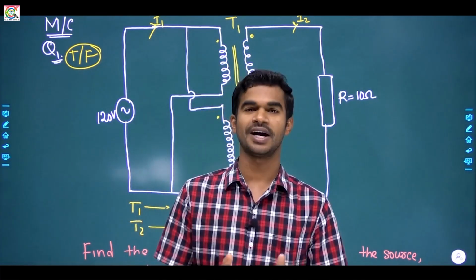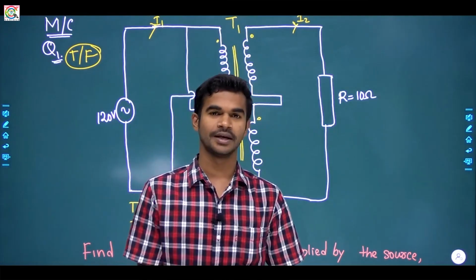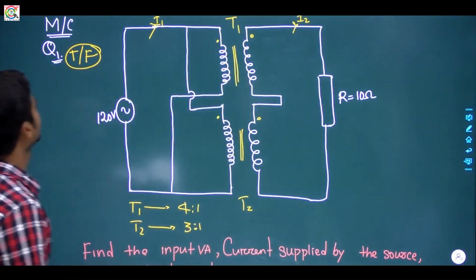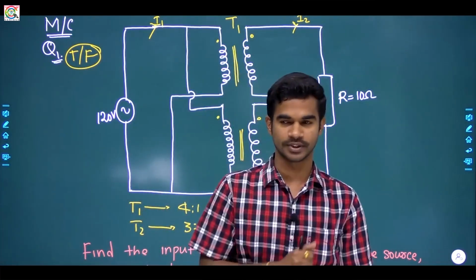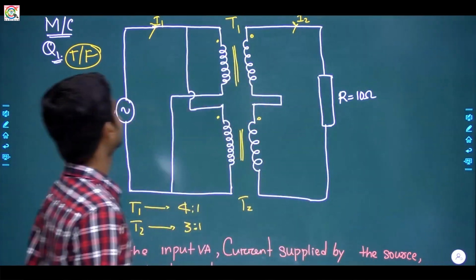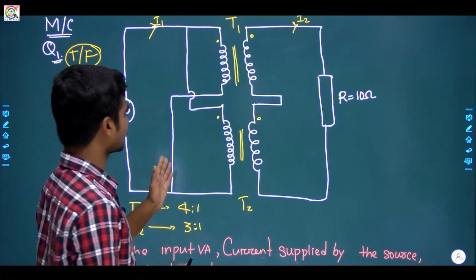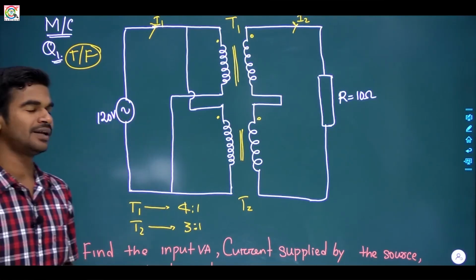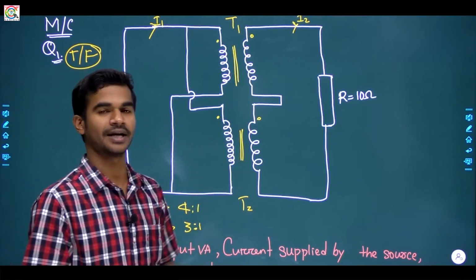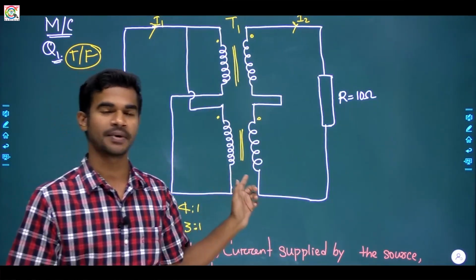Let's start with an important question on an important concept. The question is about the power balance and MMF balance equation. You can see here two identical single phase transformers are connected. The primary sides are connected in parallel and the secondary sides are connected in series. This type of connection is possible.